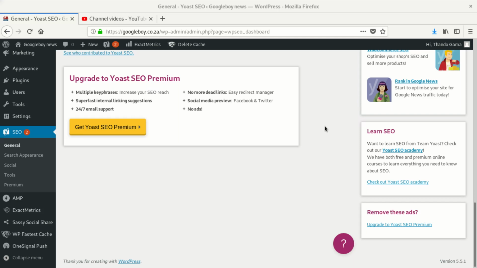Today we're going to learn how to put Facebook pixel on your WordPress website. We expect that you created your pixel and you have your pixel ID, so we're going to learn how to put it. Some people use